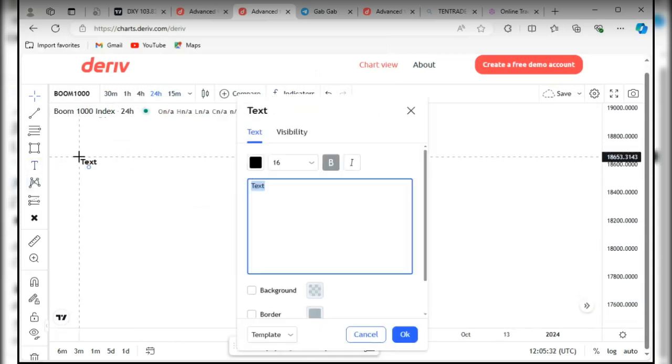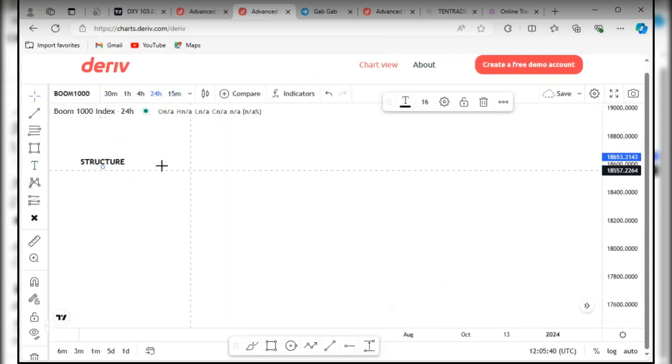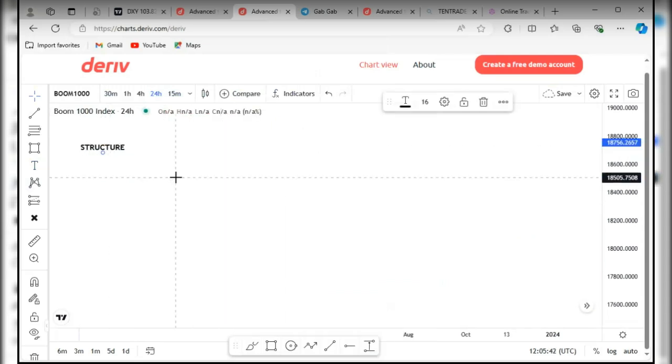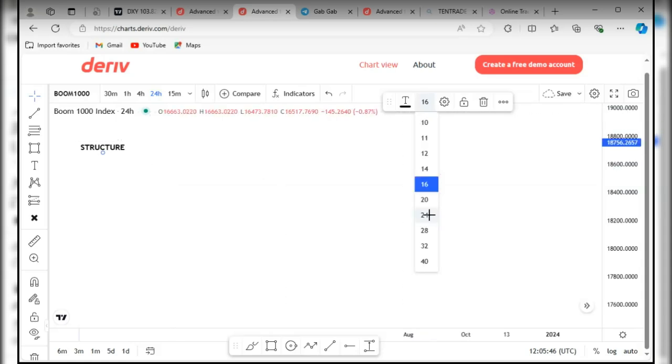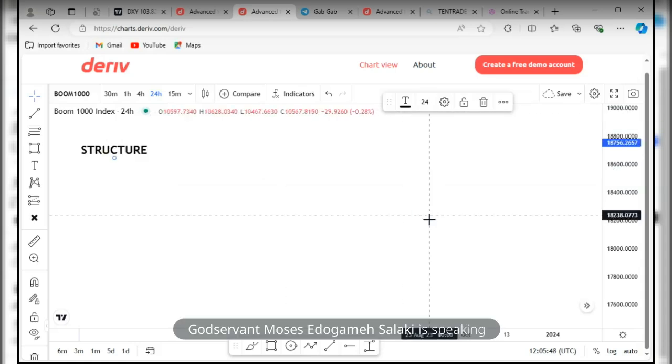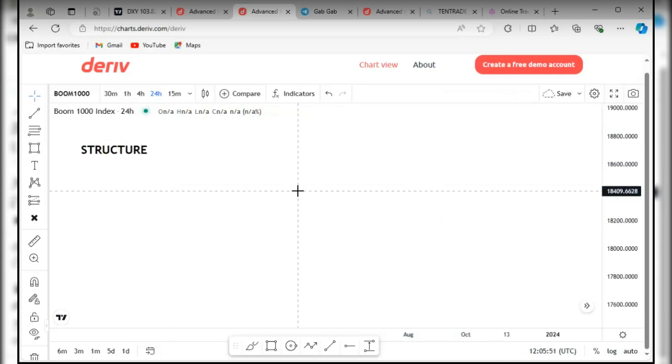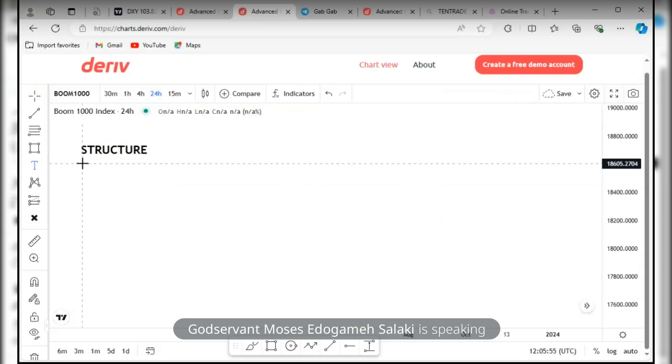Okay, so what's the structure? What's the overall trend of the market? What's the bias? What's the order flow? It's the same thing. Okay, these are the first things you want to spot in any trade you intend to take. Once you're able to identify the structure correctly, the next thing you want to be able to identify is